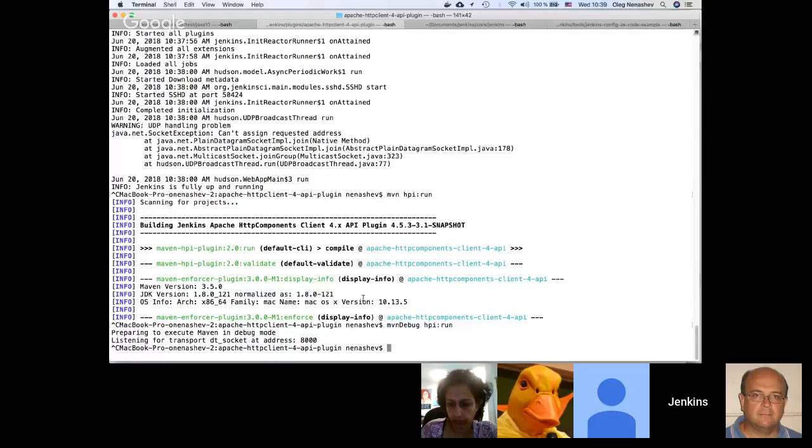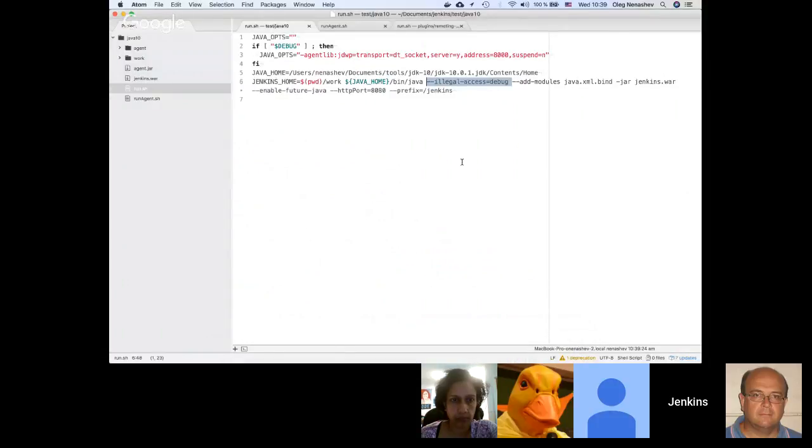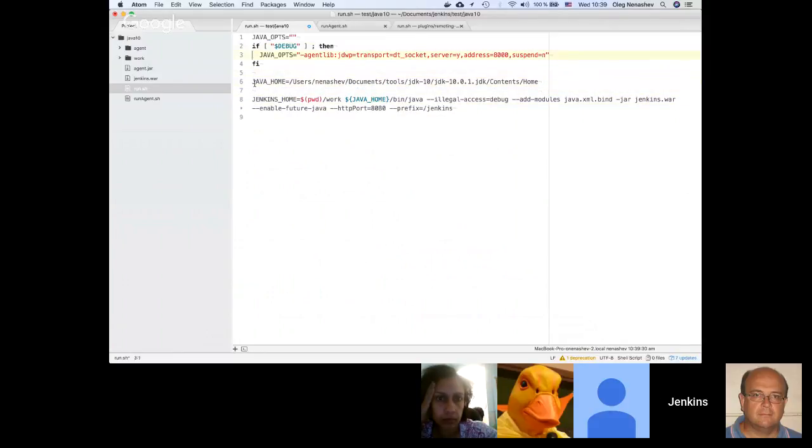One of the most obvious ways is to just get the plugin deployed on our instance. So we have Jenkins, and in order to run Jenkins for Java 10, you can just use a short script. Here it is in my case. I have a flag to stop debugging. Then I specify Java home, which points to my JDK 10 installation. And then I run the Jenkins command.